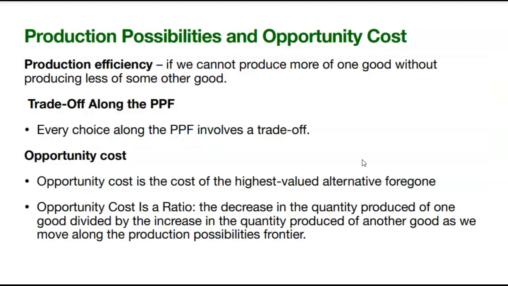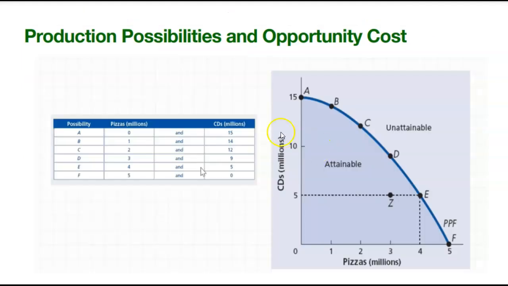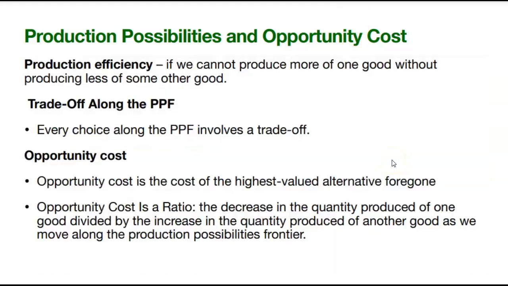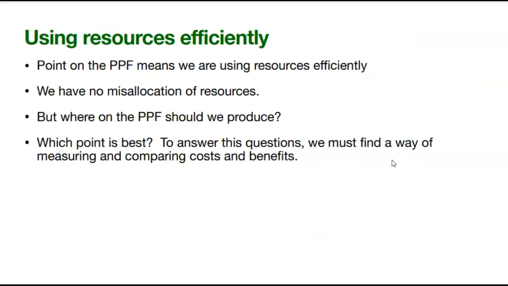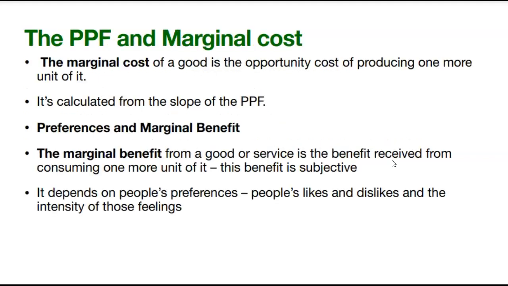Trade along the PPF, obviously, as I previously showed, there are a lot of trade-offs, right? As the pizzas increase, you're trading off the CDs. Opportunity cost is the value of the next best alternative. So obviously, picking more pizzas, your opportunity cost will be CDs, because you're decreasing the CDs. You're saying, oh no, we're not going to produce more CDs. Exactly the same, increasing opportunity cost. I said that. Using resources efficiently, right? So basically, the dark part of the PPF tells you that that's the most efficient way of doing things. It tells you what to produce, where to do it, how much quantity, whatever.